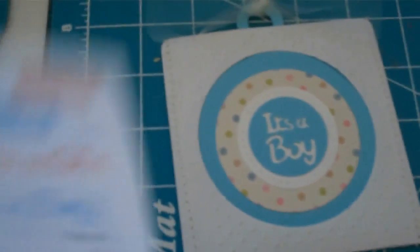And I also used It's a Boy, and that is on page 90, and I used the circle, and that's right there. So I'm going to go ahead and show you the pieces now that I showed you what was in the handbook. This is the card,